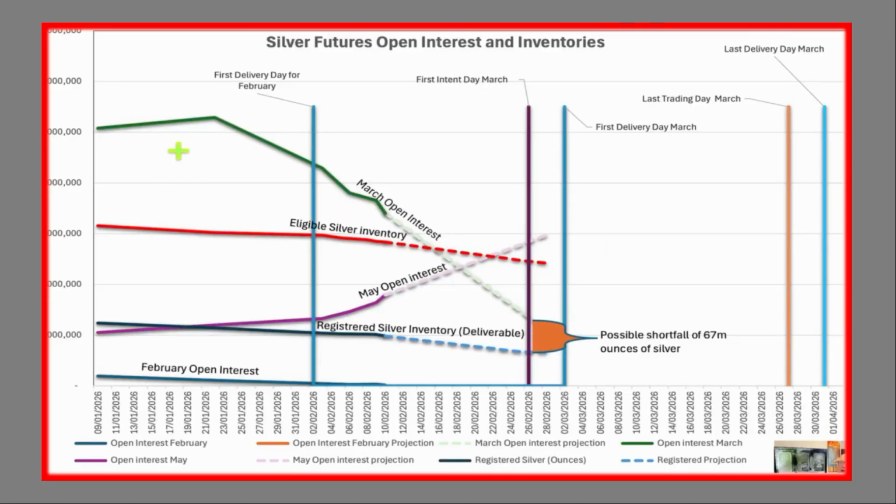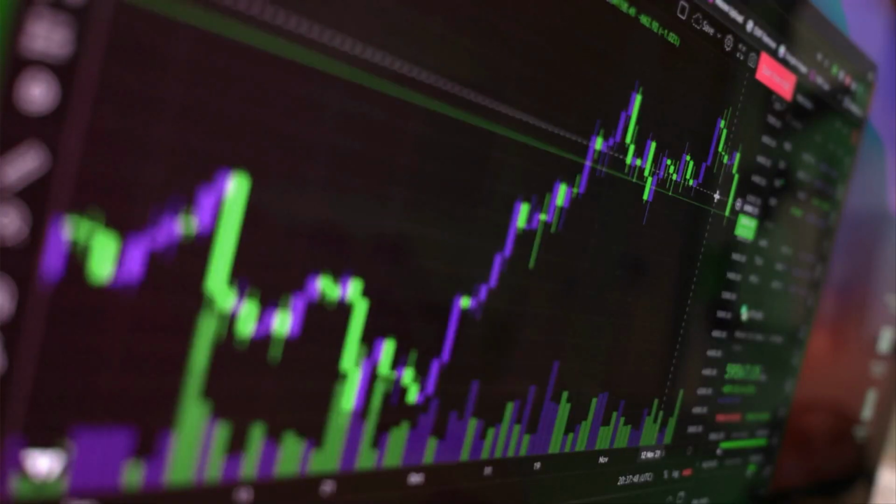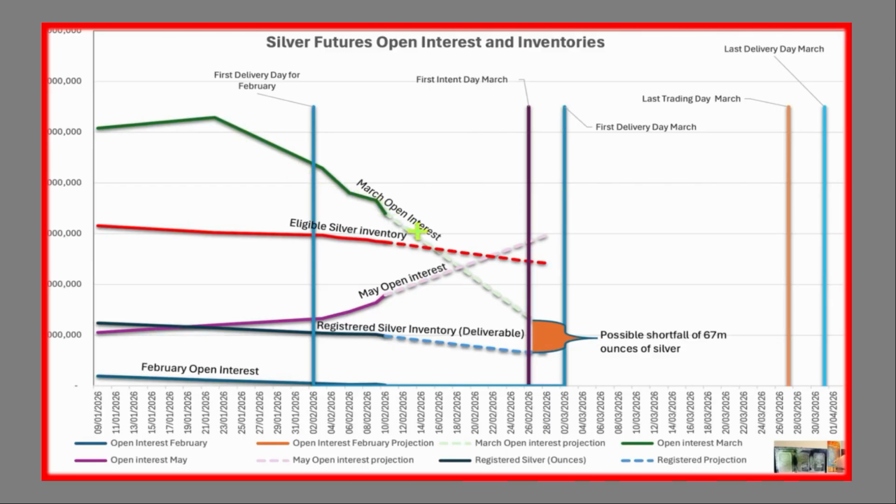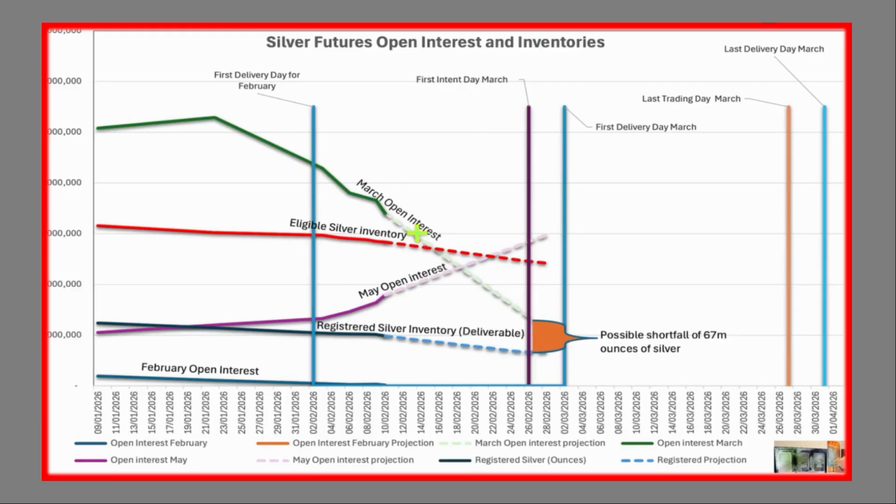The next line I want to look at, right at the top of the chart in green, is the March open interest. And we can see plotted over the dates, here we got start of January, and here we got the 26th of February, which is the first date where we'll know if there's a problem. We can see that the number of futures contracts is falling towards zero. Now, that's perfectly normal. All future contracts, as they approach the maturity date, tend to go down. The trouble is this one's not going to reach zero on the present trajectory.